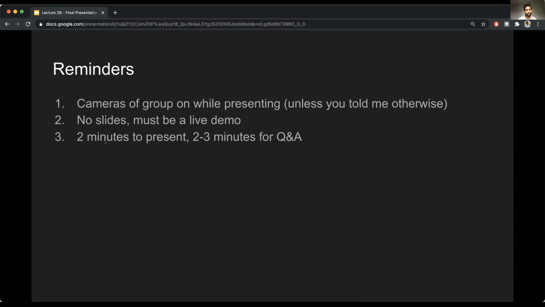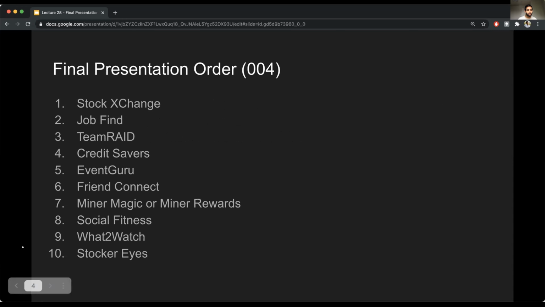Hopefully you did check out the specs to see the rubric as well as any guidance I gave there. All right, so we'll start at 9. If you do use Cloud9, you can explain why after. You don't have to take up time during your actual demo to do it.